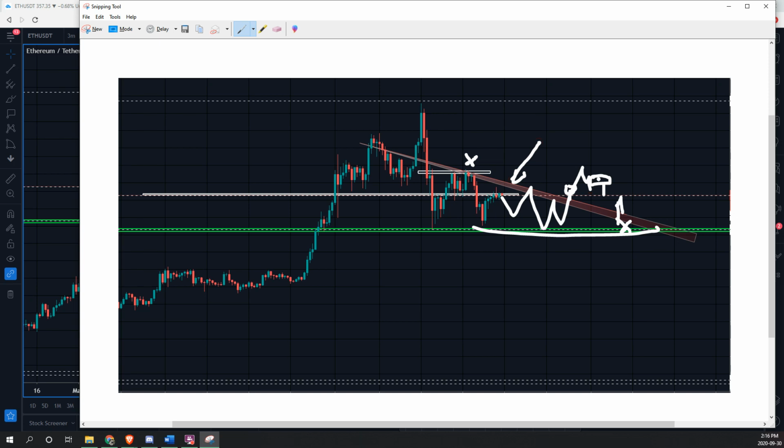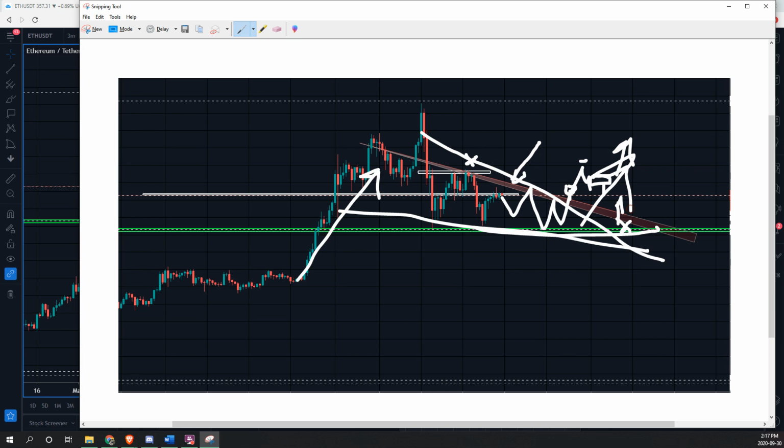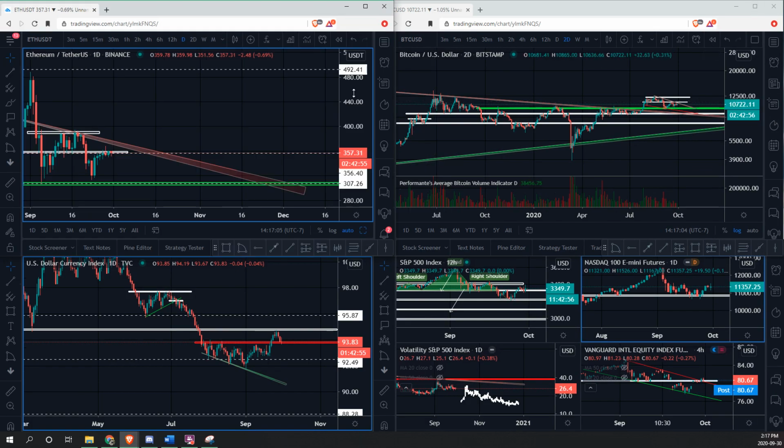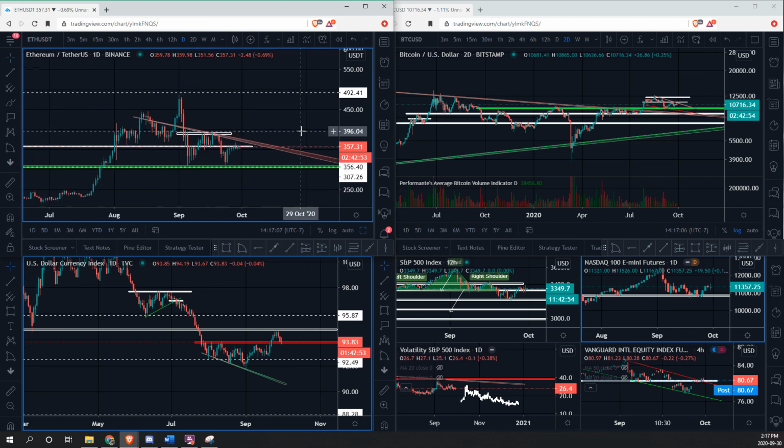And once you see that validation, you're looking for a break of that previous high to get you into the trade to overall carry the trend to the upside and carry the momentum that we've seen. So massive bullish push, contraction in volatility, and then the next push is what we're looking for. So hopefully that gave you a little bit of insight as to what we're looking for and what we're scoping